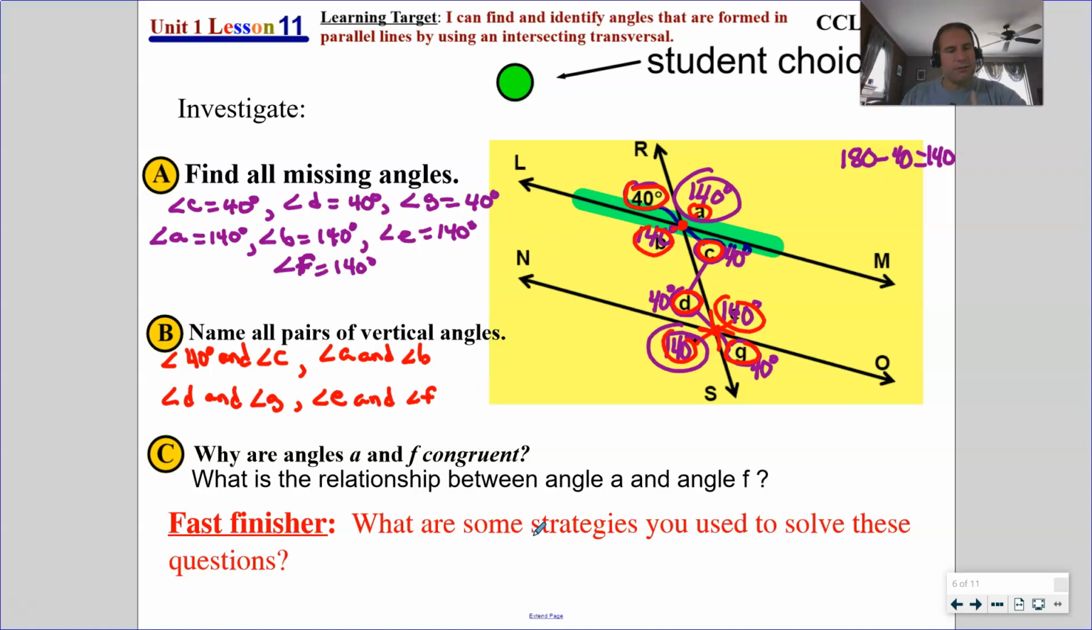Are they vertical? Are they alternate interior? Are they alternate exterior? Are they corresponding? Are they supplementary? You have to name, using math vocabulary, the relationship between those two. All right. So angle A and angle F. Angle A is here. Angle F is here. What is the relationship between those two? Are they vertical? No, they don't meet at a vertex, so you can't say vertical. Are they alternate interior? No, they're across from each other, but they're not inside the parallel lines. So what are they? They are alternate exterior